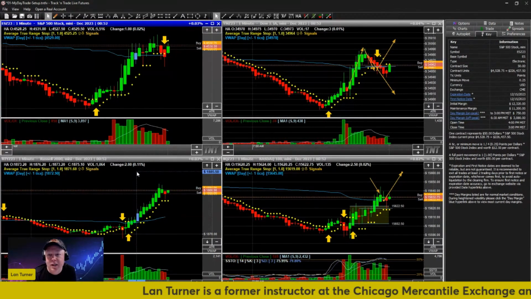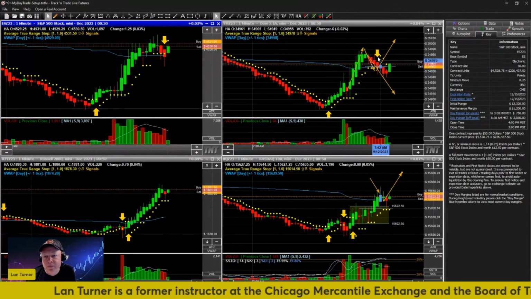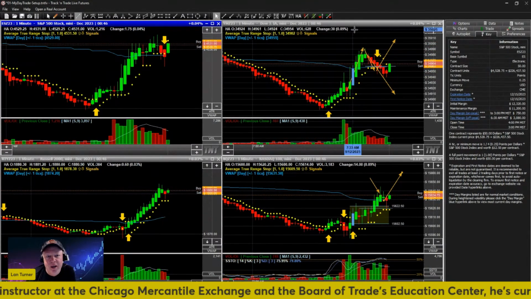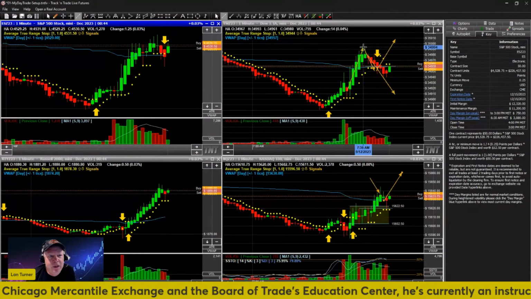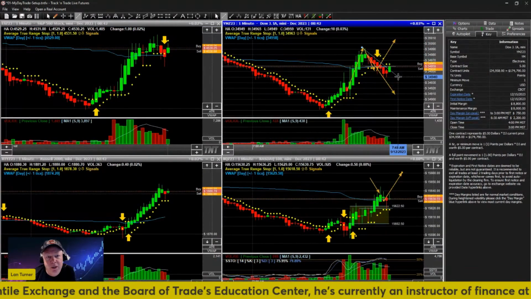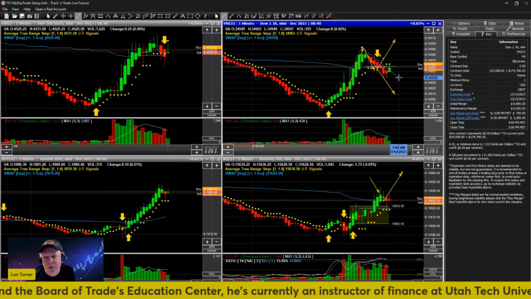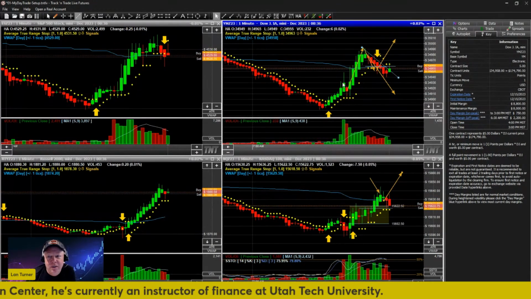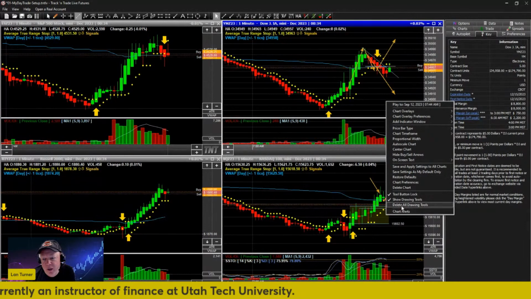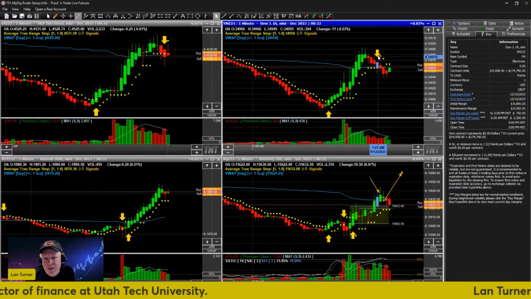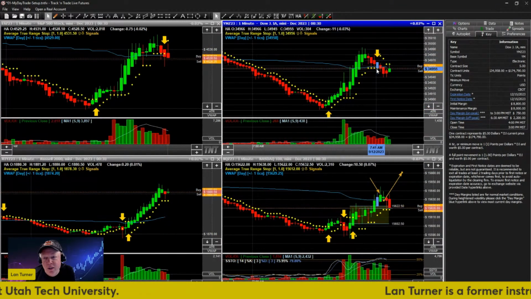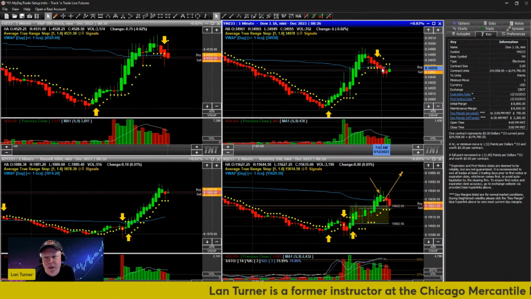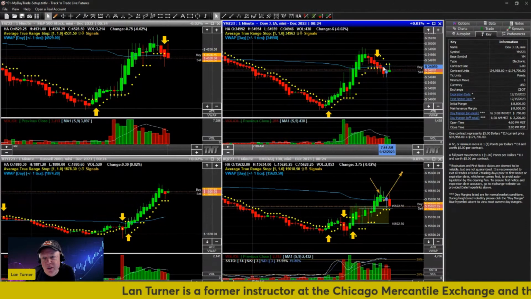And oh, look at this beautiful little setup right here. We got a nice little setup right here on the Dow. We're getting the same little setup over there on the S&P. Not quite so pretty on the S&P, but see that little break right there? Now this could be to the downside, because look what we've got going here. See this arrow right here? That's crossing the VWAP, volume weighted average price, but it's also crossing